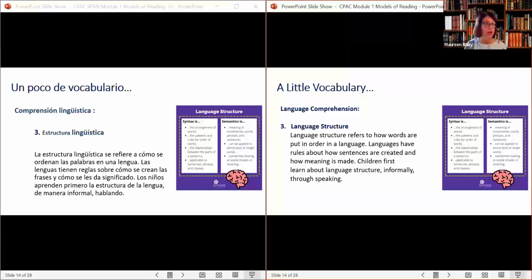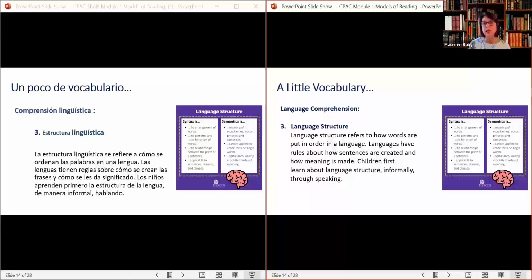We're talking about 2 other words that I'm not going to go into, but you see a little chart, the syntax and the semantics of language. So you may come across those terms. We're not going to go into them deeply here. What I want people to understand is that